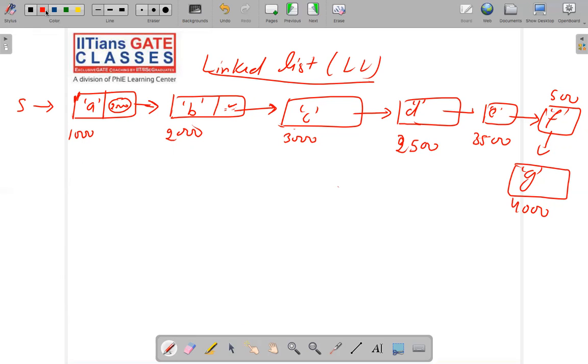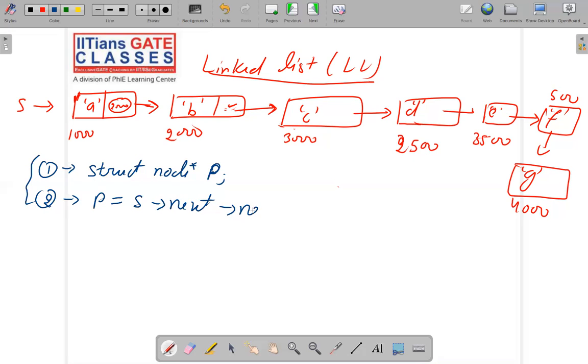The first line of the program is to define a structure pointer, struct node star P. So we defined a pointer P. Then in the second line, these are the line numbers, we say that P equal to S